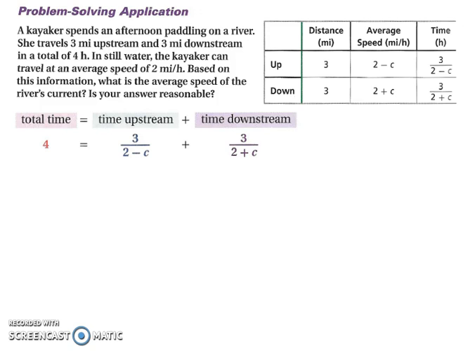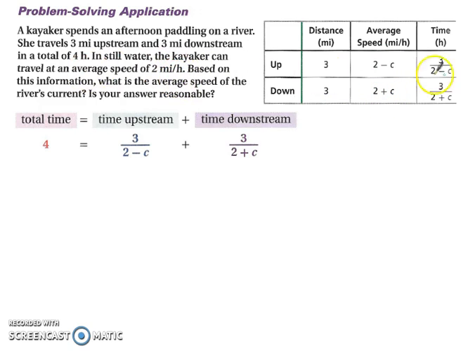A kayaker spends an afternoon paddling on a river. She travels 3 miles upstream and 3 miles downstream in a total of 4 hours. In still water, the kayaker can travel at an average speed of 2 miles an hour. Based on this information, what is the average speed of the river's current? Is your answer reasonable? So we have our distance up and down is both 3. And then our average speed, so it's 2 minus c and then 2 plus c to deal with our 2